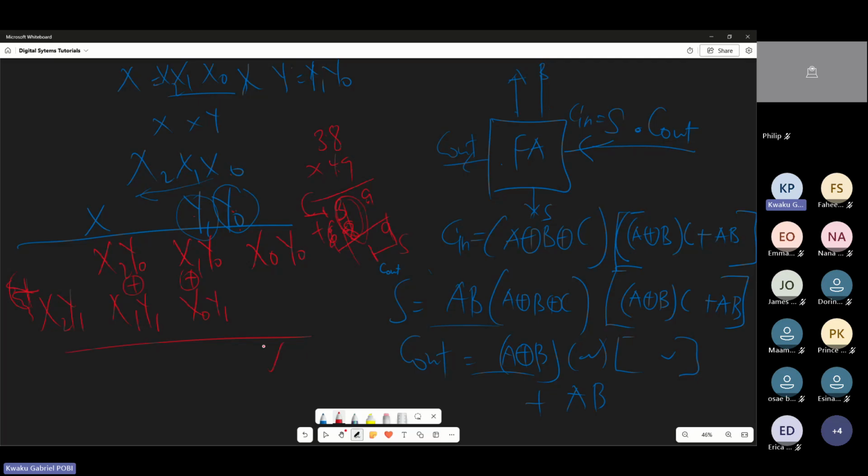So since this guy is not adding up to anything, it's just X naught, Y naught, which in your exam, he denoted that one as P, maybe P naught. You can use any letter that you want. Then here, you know that this signal should give you a sum and then a carry. So the sum will be here. The sum, he represented that one with P1, which is the sum. And then the carry out will